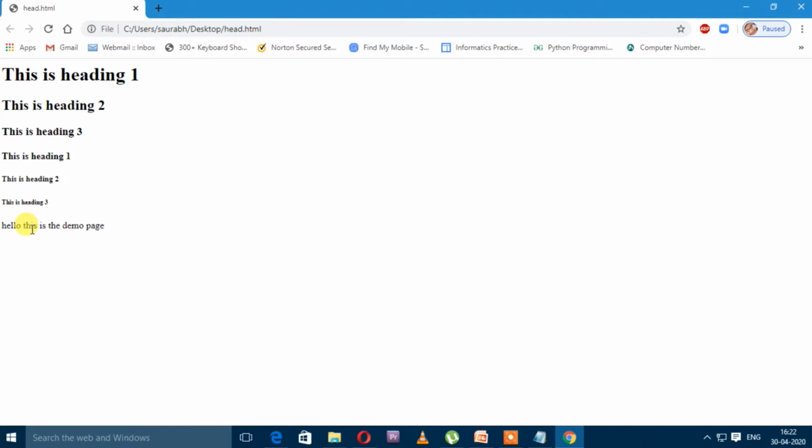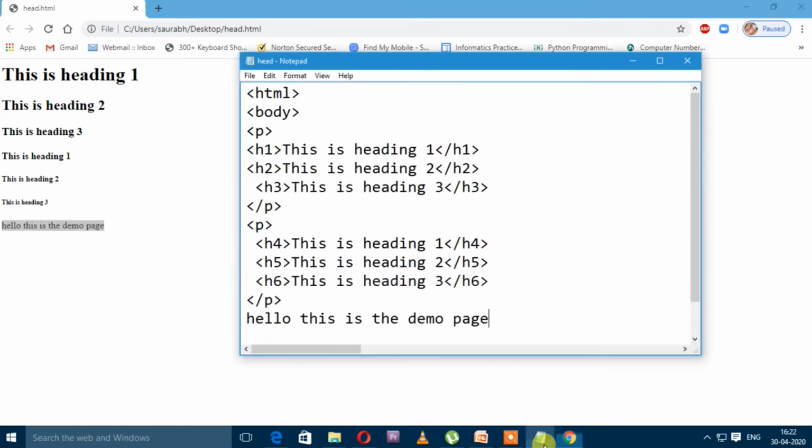Now if I wish to make this text bolder, but I do not want to use the heading tags, I want it bold in its original size. So then what should I do? At that time I will use the B tag.